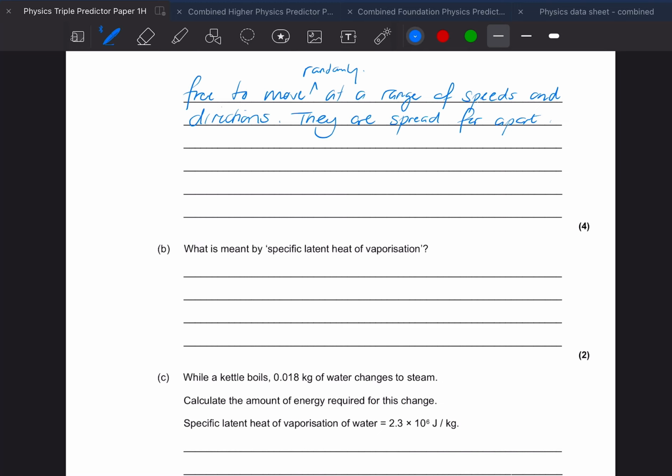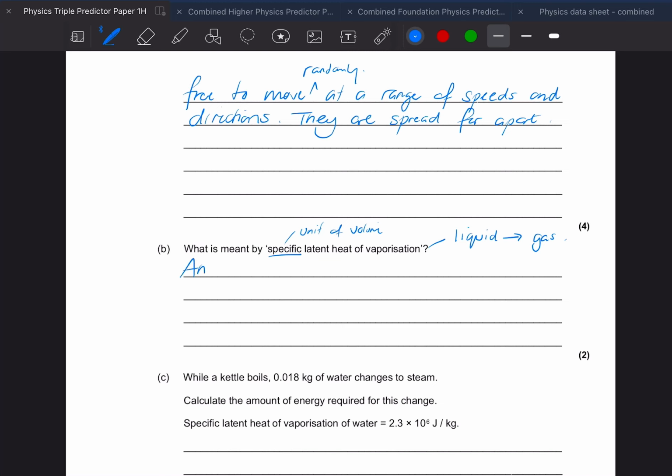What is meant by specific latent heat of vaporization? All right, well, this word vaporization, vapor, is a liquid turning into a gas, and specific is a unit of volume. So it's how much. So specific latent heat of vaporization is